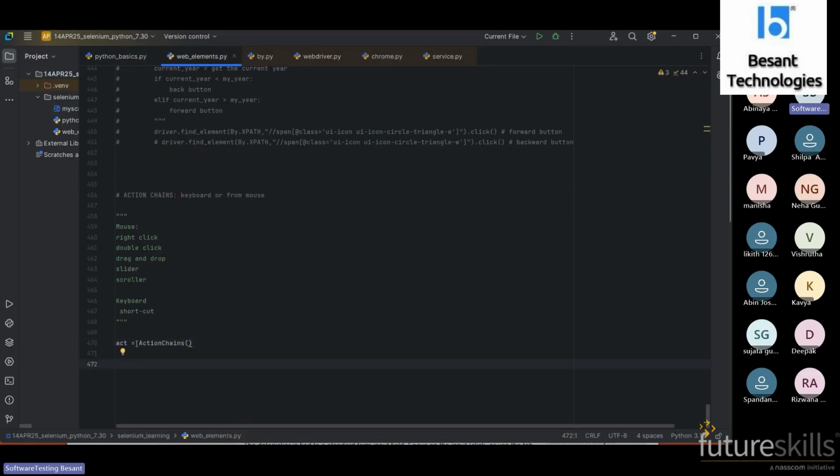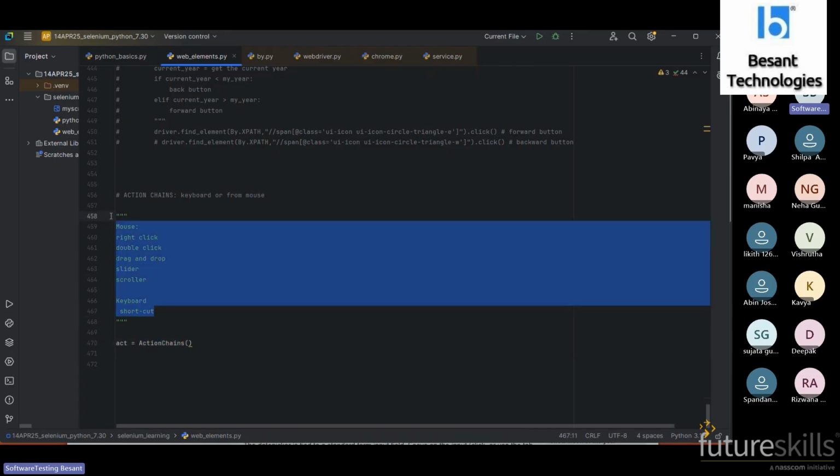We are creating an object for the class. In this class, we have multiple inbuilt methods, and those methods are going to be used for all the action chains.